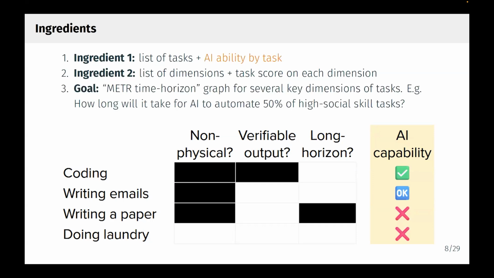And then what are we going to do with that? Our goal is to make the sort of METR time horizon graph. Hopefully you've seen that before, but if not, the idea is that for a given dimension, say whether a task is long time horizon or short time horizon, what percent of tasks in that category can be automated as AI progress continues. So maybe it's very little at first, and then for things that models can do for more recent generations, you can automate a lot of them, but perhaps for long time horizon tasks, maybe not so.